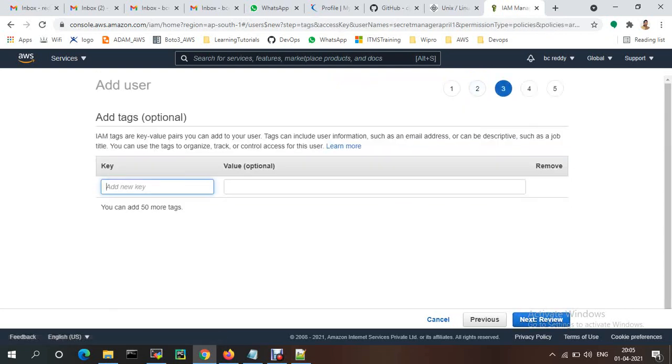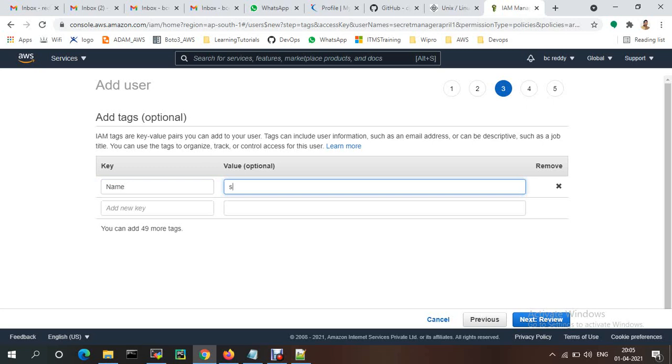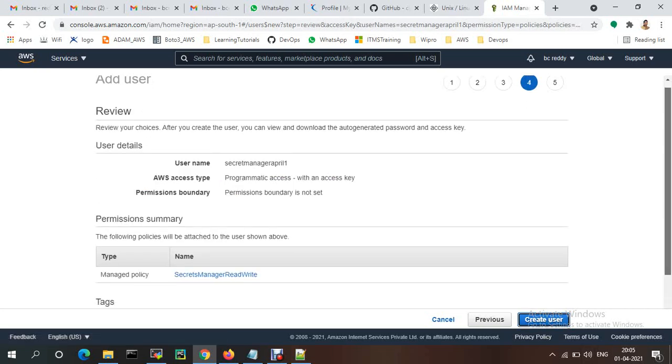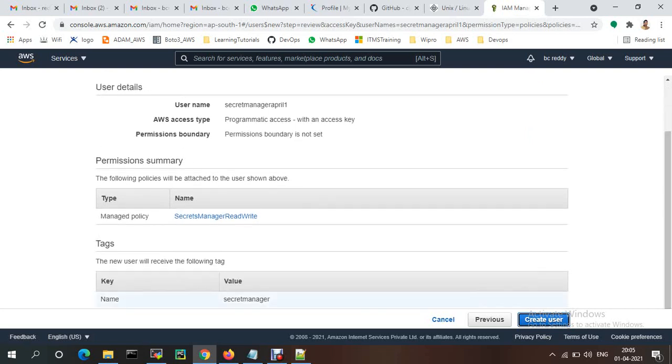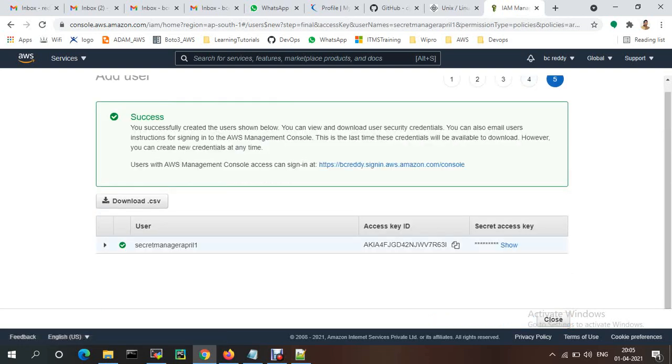If you want, you can provide a name and value, name equal to secret manager. Then review and create user. I just created a user.